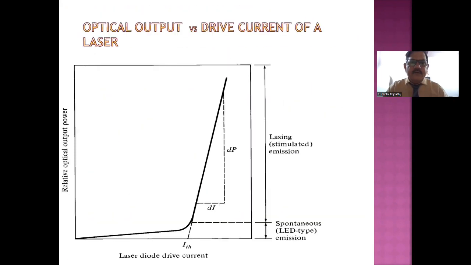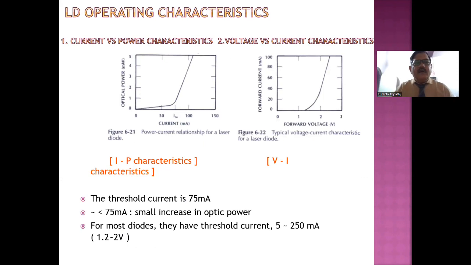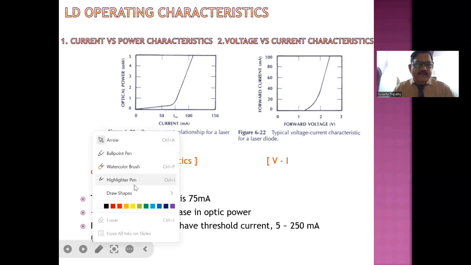This is actually the current versus power characteristic, or the voltage versus power characteristic, for this laser diode. If you look at this characteristic here, you can notice that this laser diode is not